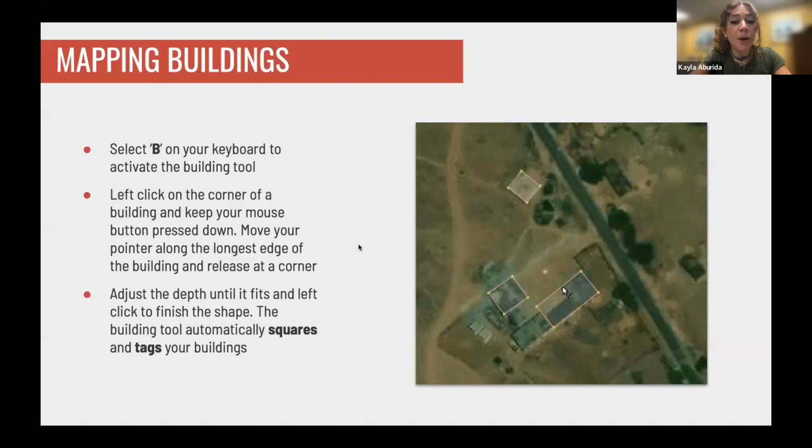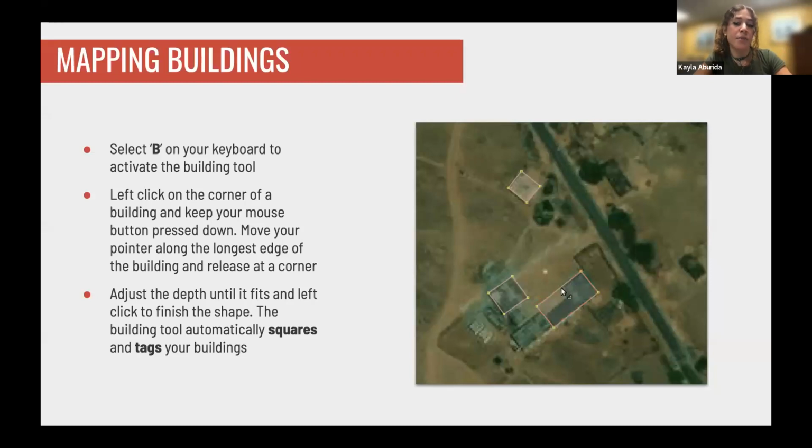So the next part we're gonna cover is more about buildings and how to create those polygons. So this is a shortcut, and if you guys remember from the section where we talked about plugins, I showed you how to install the buildings plugin. And what that does is when you select B from your keyboard, you activate the building tool, and that makes making buildings so much easier rather than making it from a way, like the land use polygon I just made. This will just perfectly create a